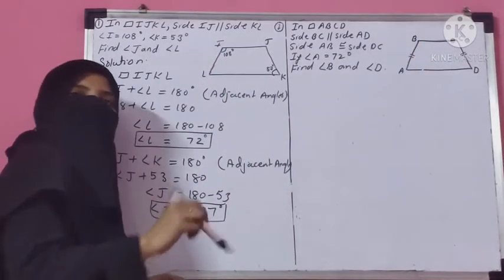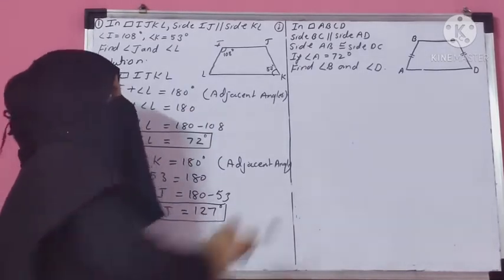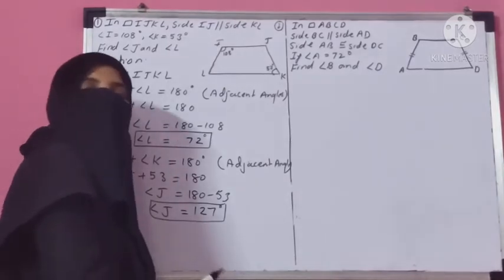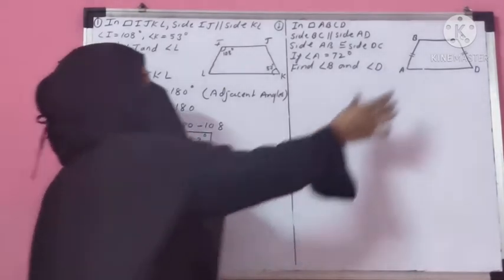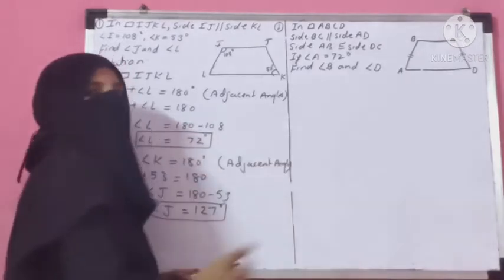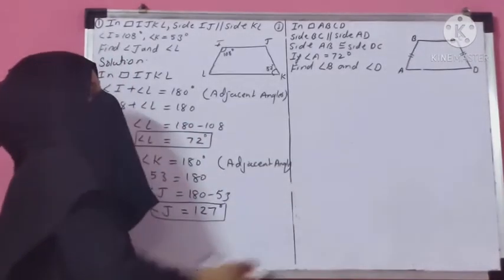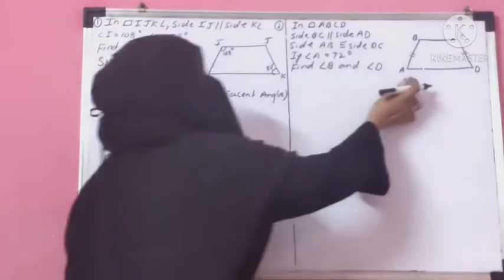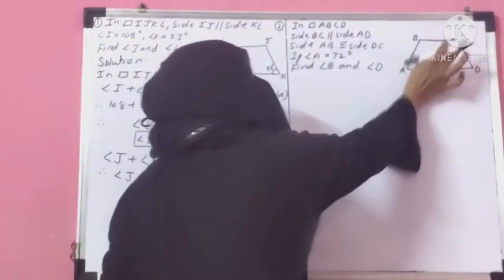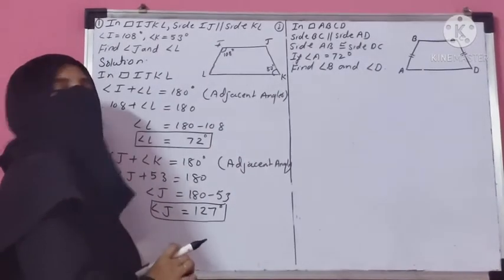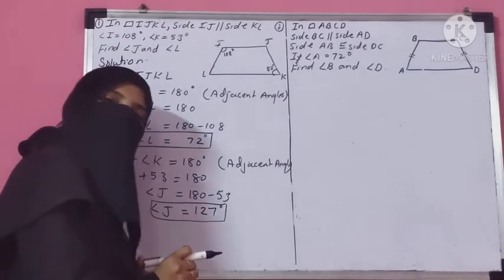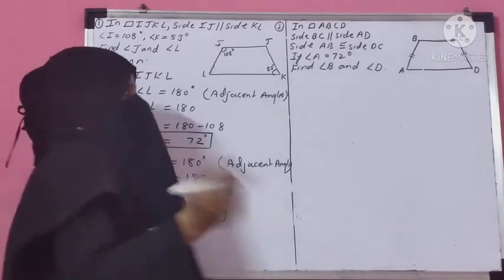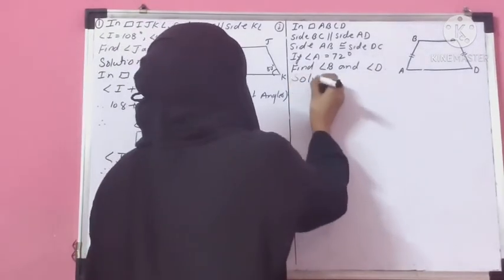Because in this trapezium, one pair of opposite sides is parallel and one pair of opposite sides is congruent, this type of trapezium is called an isosceles trapezium. One main important property of an isosceles trapezium: base angles of an isosceles trapezium are congruent. That means angle A and angle D are congruent, angle B and angle C are congruent. This is the important property of an isosceles trapezium. In an isosceles trapezium, base angles are congruent. Okay. So let's start the solution.